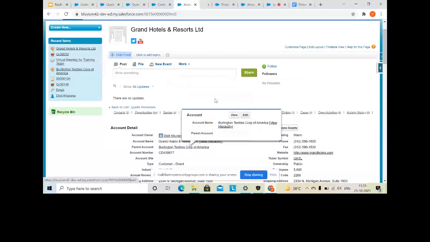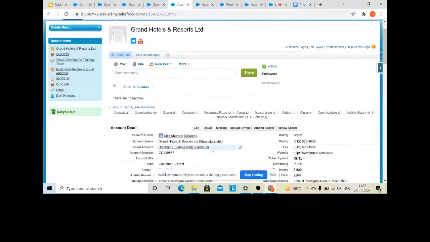Now let's suppose a requirement comes in your project: they don't want to apply the contracted price of the parent account, but want to apply the contracted price of this account over that account, like there is no relationship between child and parent. If it is removed here, let me remove this, now these two accounts are basically separate accounts.